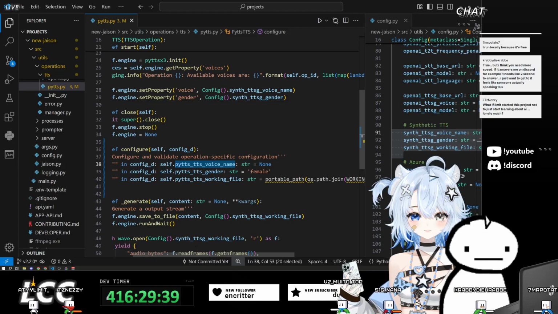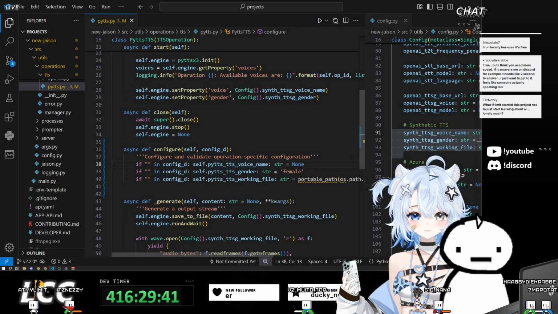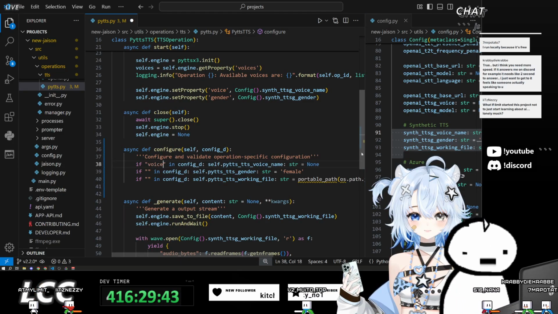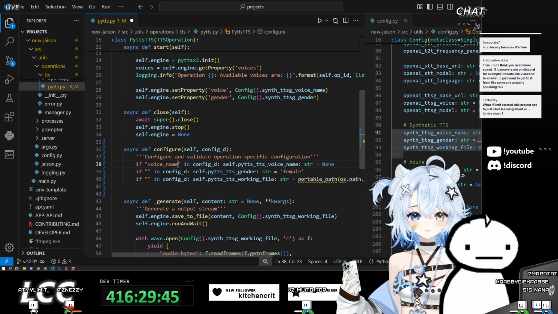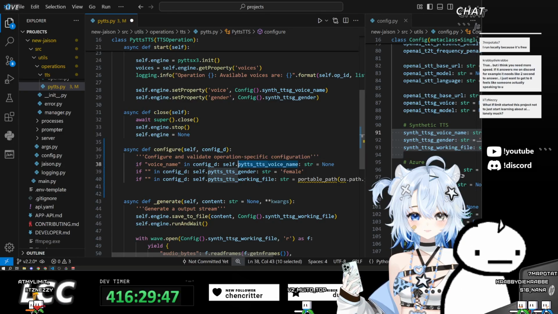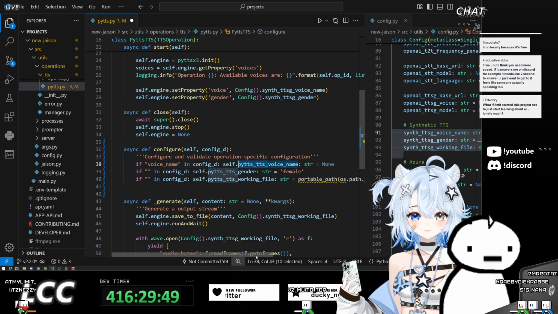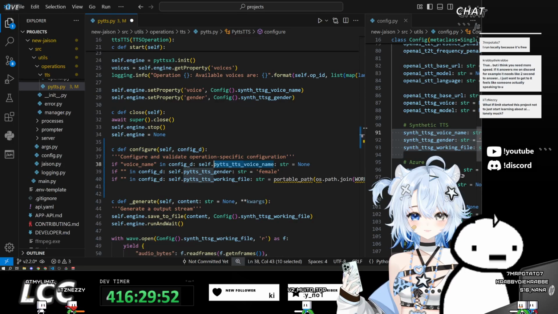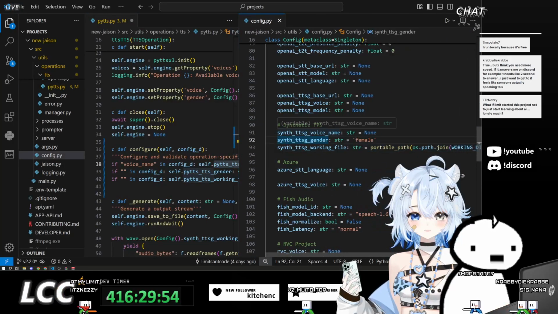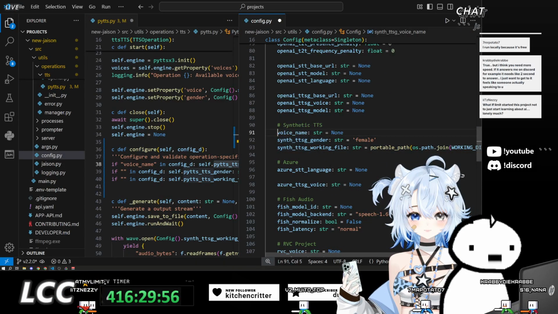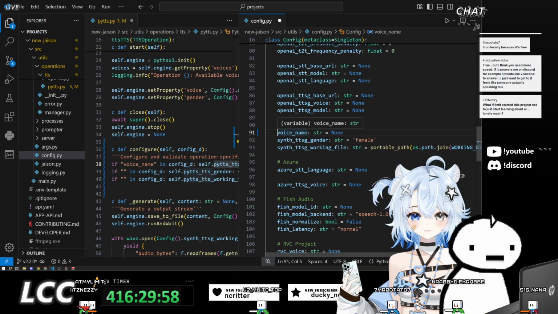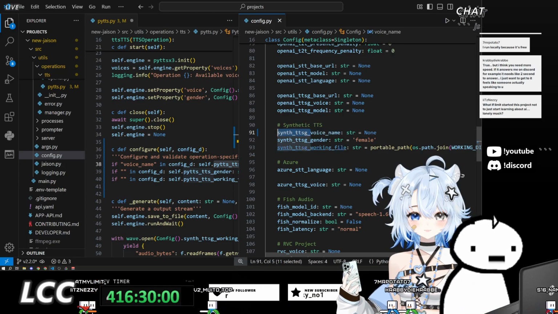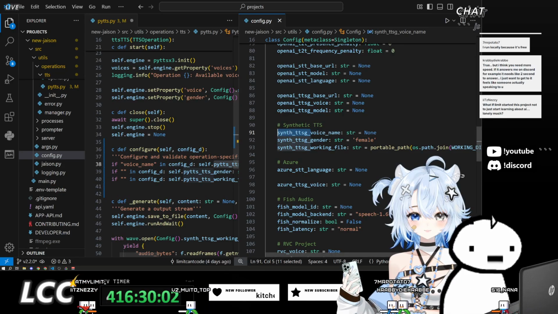So for voice name, I guess we'll say voice name. And actually, because we're setting it per operation now, we don't need these special specifiers like synth TTSG, since it's already implied that it's going to be for TTSG. Okay, that should be good.